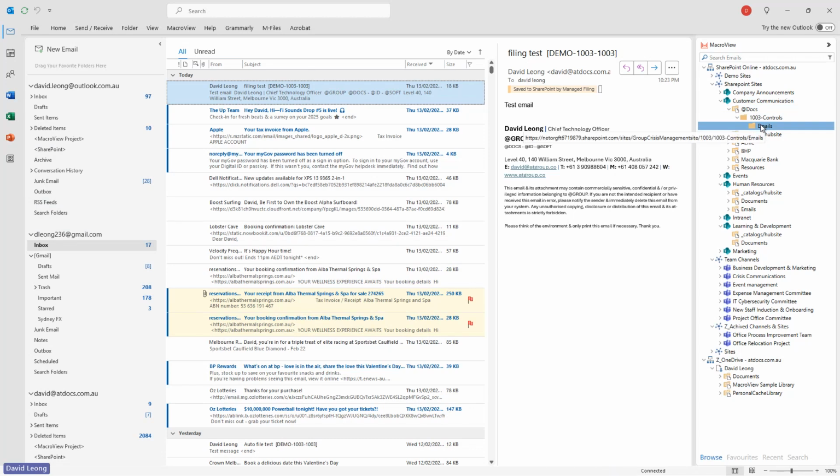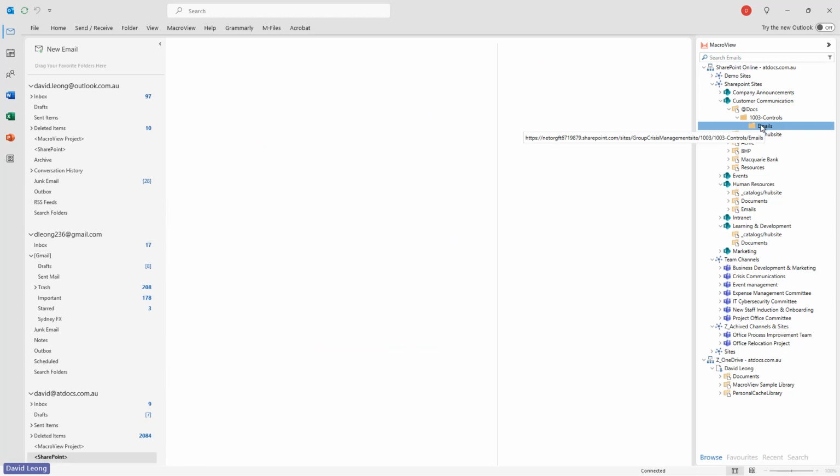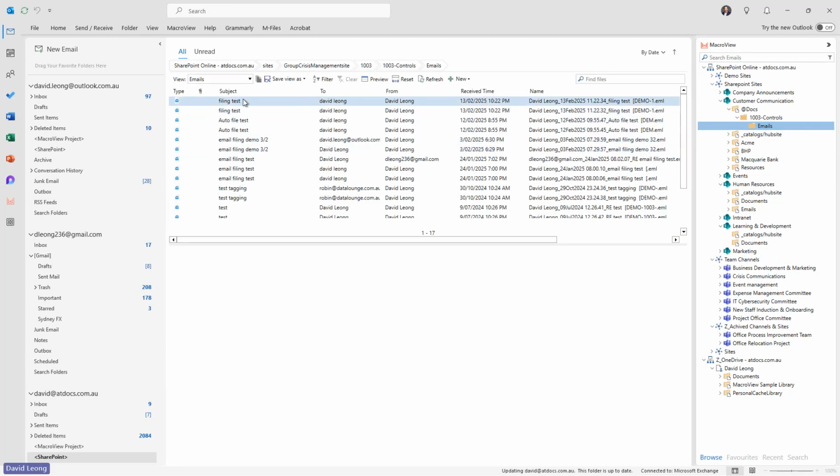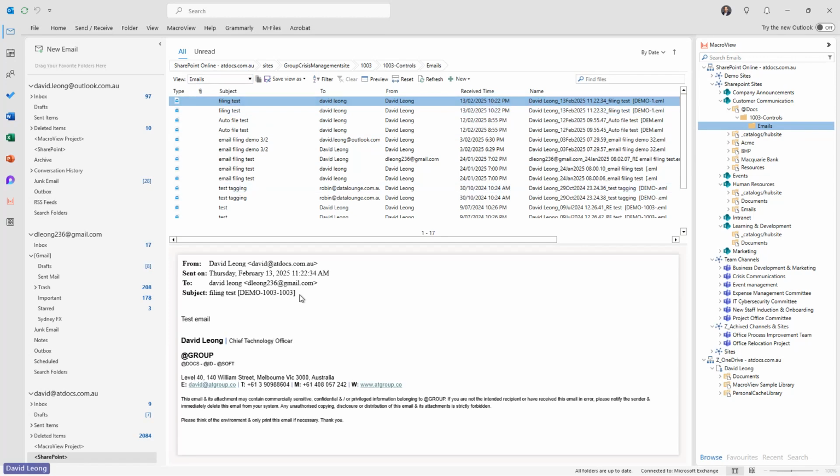If you know, those of you who use the likes of Net Documents, iManage, or the enterprise content management systems will be very familiar with that. So here's my filing test here. And there's the luggage tag that's been put. So anytime that email had been corresponded to, I might send that to Andy and he might send that to one of his colleagues, but not copy me in anymore on this correspondence. As long as that luggage tag is on there, the full discussion thread will be saved here.